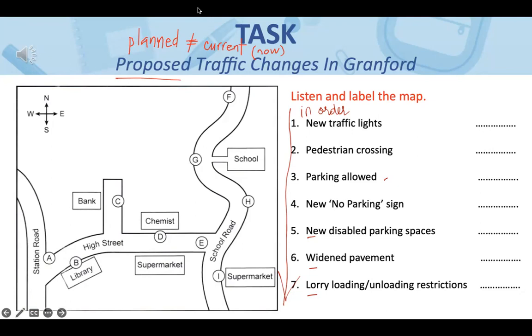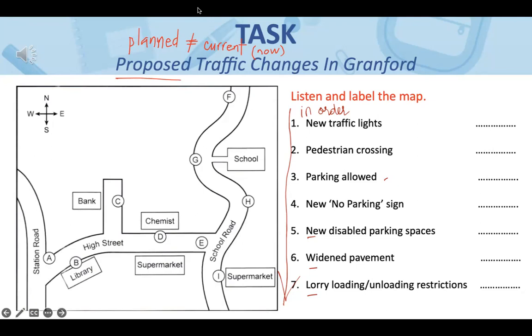It's not ideal, but probably better than the present arrangement. We also plan to widen the pavement on School Road. We think we can manage to get an extra half metre on the bend just before you get to the school, on the same side of the road.